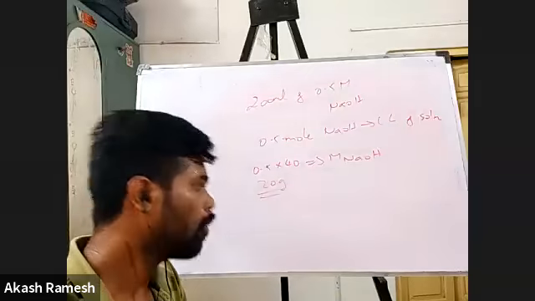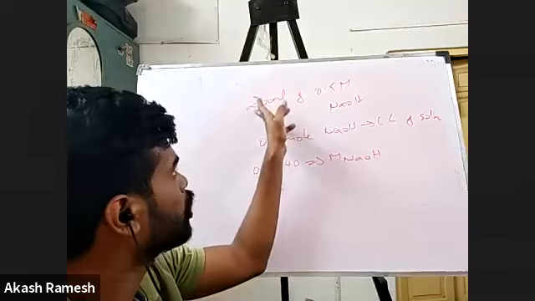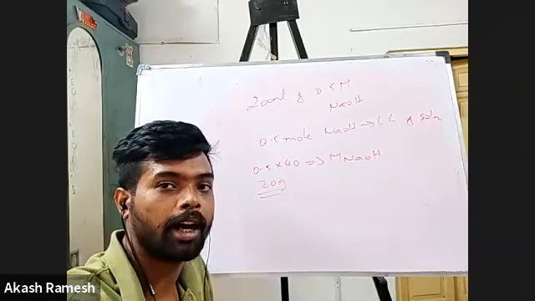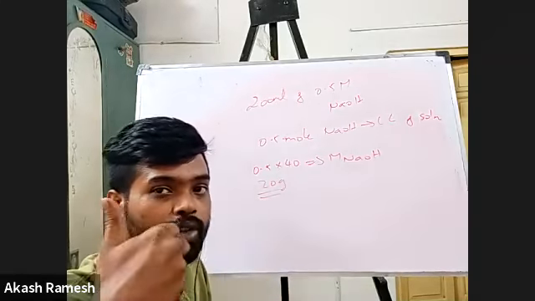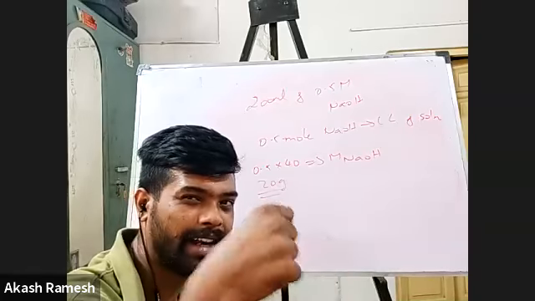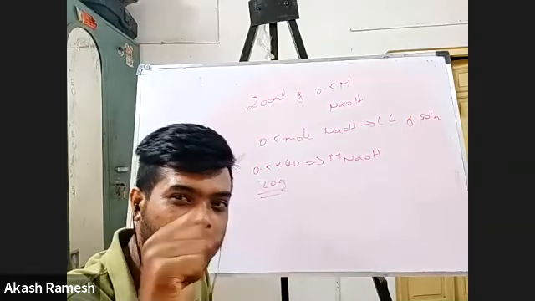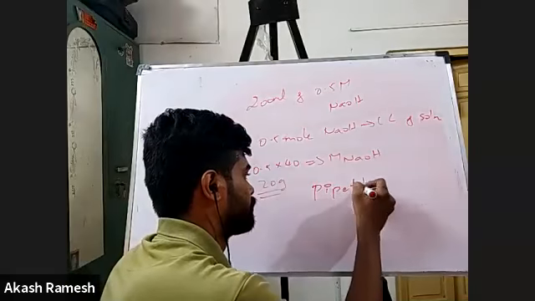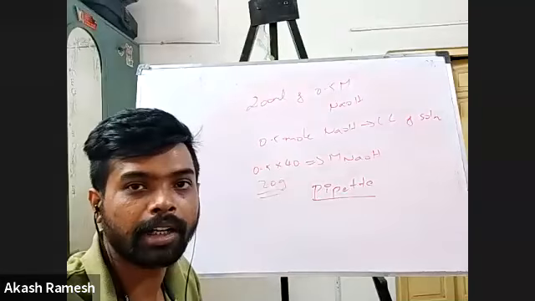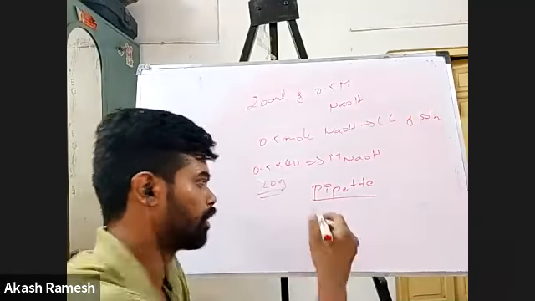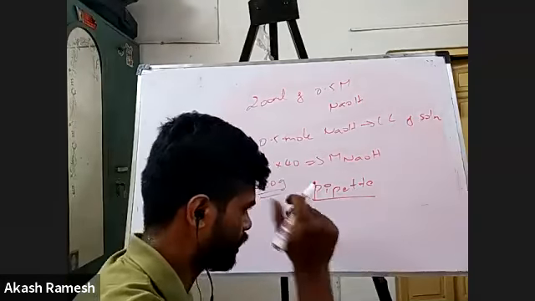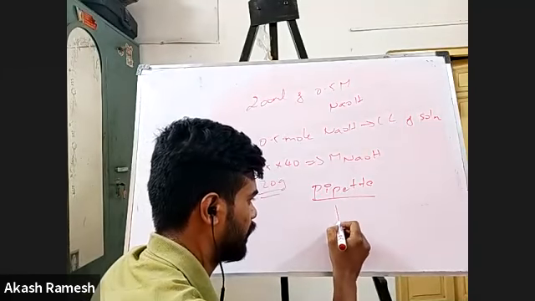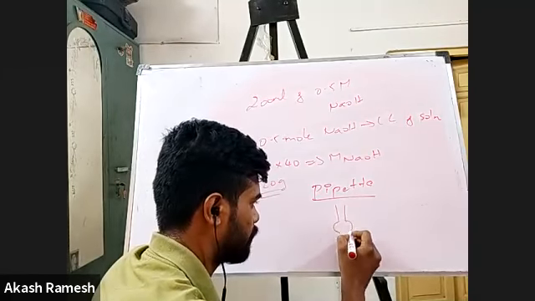Okay, fine. Now what I'm going to do is take 200 ml of this solution. I have a 0.5 M solution, and I'm going to take 200 ml of it. For this purpose, for exactly taking 200 ml or 20 ml or 10 ml or whatever it is, you have something called a pipette. This is how a pipette will look. Basically it will look like this. I'm very bad with drawing, but please bear with it.